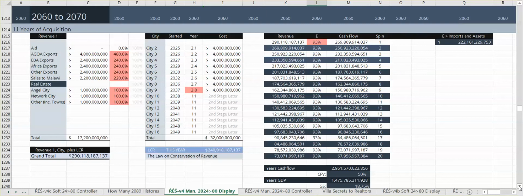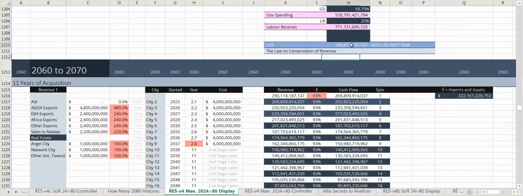Then from 2060 to 2070, I experiment with acquisition, adjusting E to 93%, dumping most of the highly prized LCR in 2060, creating 222 billion in asset purchasing or developing cities in foreign locations, which in turn would create greater profit, greater export revenue in the long term. So here is our